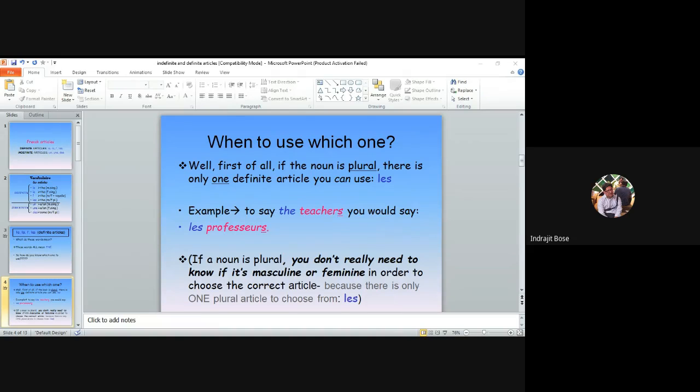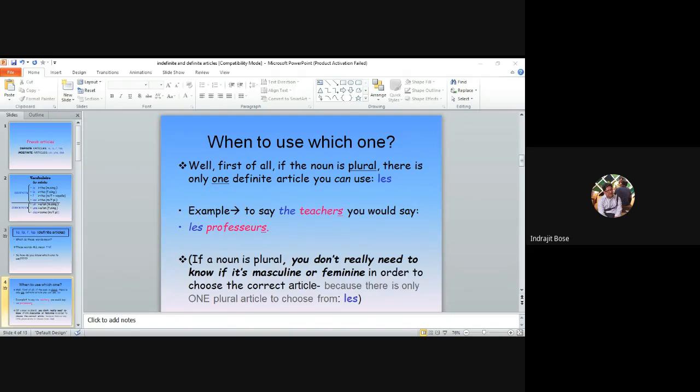What about the L apostrophe? Suppose I have the word école, or school, which is feminine singular. So la école, obviously, cannot write that. So l'école, L apostrophe, E-C-O-L-E, l'école. So these are some of the ways in which we can use the definite articles, the masculine and feminine forms.